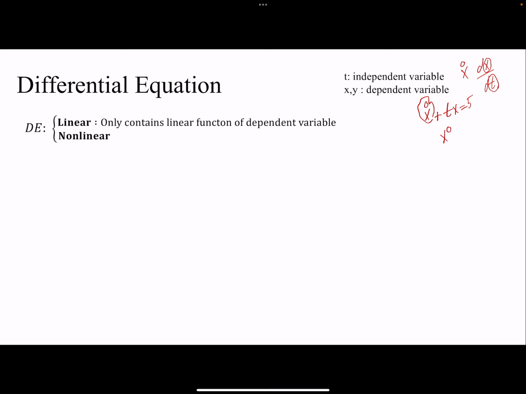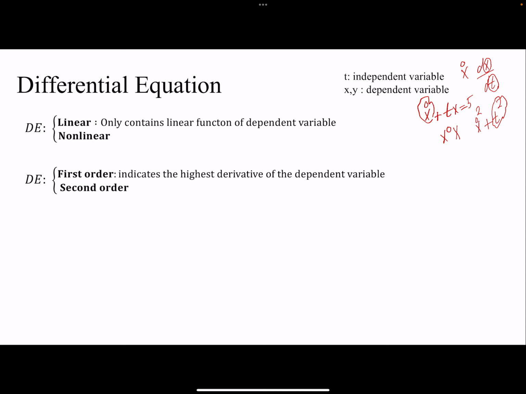If I have x dot times x, then that makes it nonlinear. If I have x dot squared, that would be nonlinear. But if I have a component of t squared, that's the independent variable, so that's not gonna make my system nonlinear. And then the other category is the order of our differential equation, whether it's a first order, second order, third order, and so forth. Basically, that's the derivative. That's the first derivative, so that would be the first order, second order. So x double dot, x triple dot, that would make it second and third order,